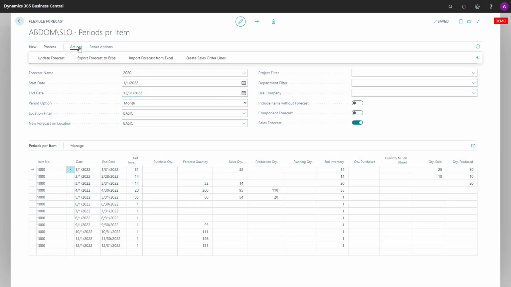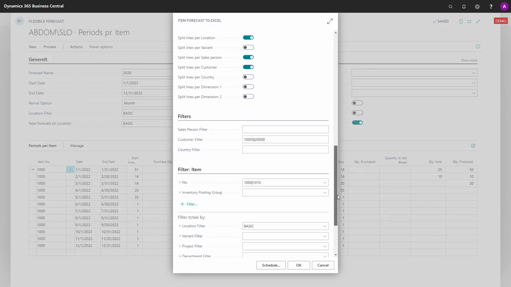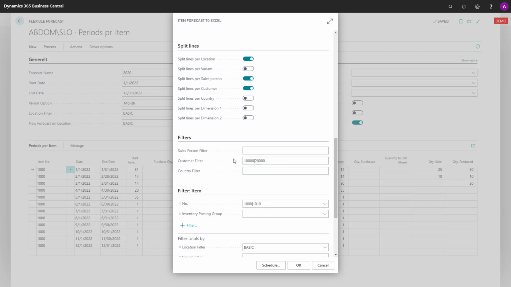Let's take a look at the filtering functionality when you export to Excel. Once you have added the options, the column you want to include, and the line you want to split, you can manually select filters here on a filter page first. And this is the salesperson filter, customer filter, and company filter. And those relate to those three tables, and therefore they will manually set filter on those three tables in the loop that we are running through.